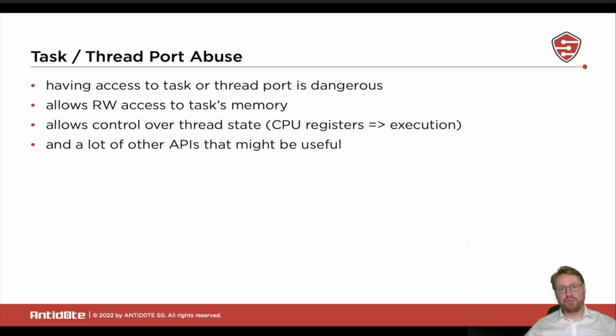So let's go to the next kind of common attack. This is the task and thread port abuse. Having access to a task or thread port is extremely dangerous because they automatically allow read-write access to the task's memory via things like vm read and vm write. But it also gives you access to the thread state. If you have a task port, for example, you can ask for the threads, and